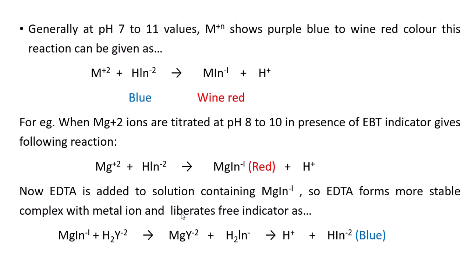Okay, so this is the reaction that takes place when we add the indicator. Here we conclude that the indicator complex with metal is less stable, but its stability is such that the color is identifiable, and its stability is less than the magnesium EDTA complex. Magnesium indicator complex is less stable than magnesium EDTA complex, and finally the indicator which we get in free form gives some color. Initially it has the color because of the metal indicator complex.